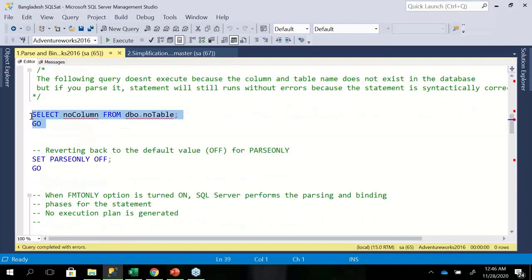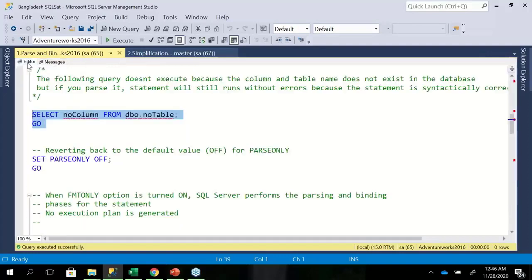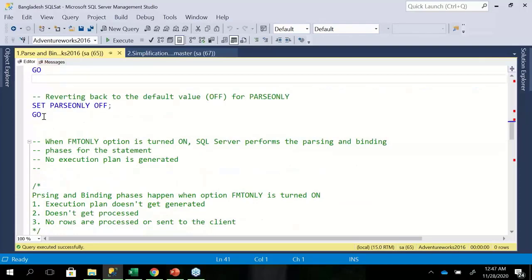Now, what if I do select non-existing column from a non-existing table? When I execute that, it should not throw me an error because the parser will just identify the syntax. Syntax-wise, this is perfect, but the columns and tables do not exist. That's when the binder will kick in. The binder will identify that.